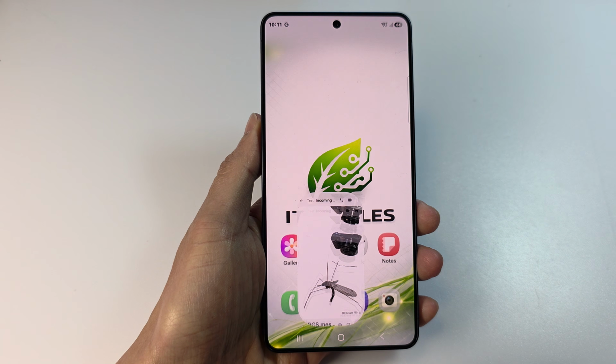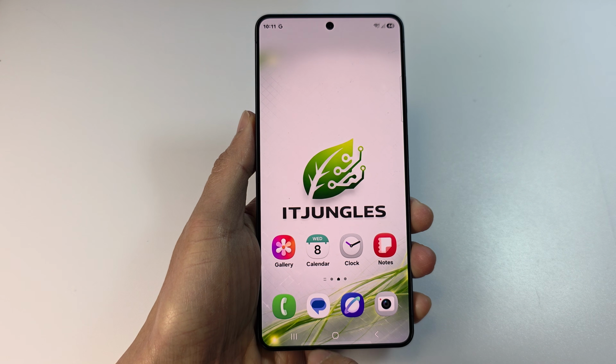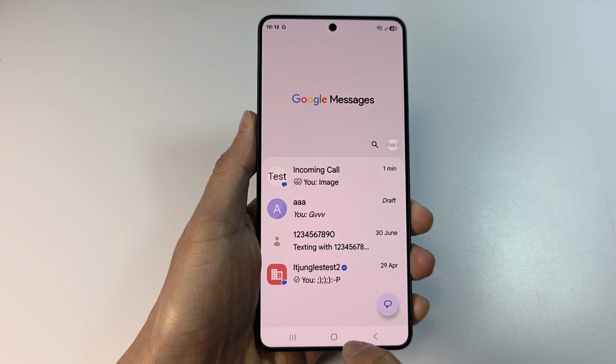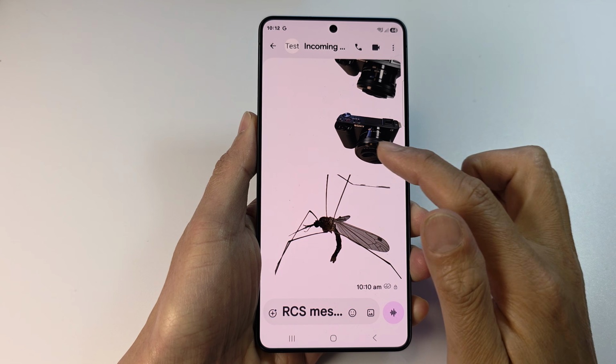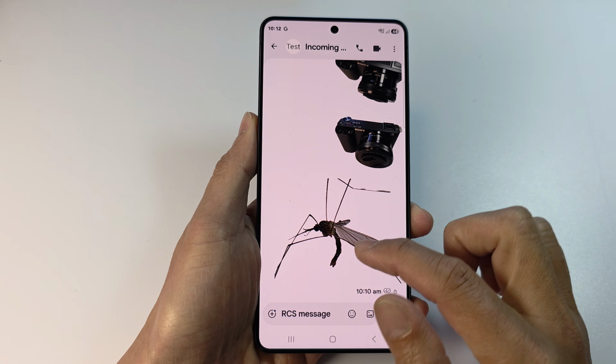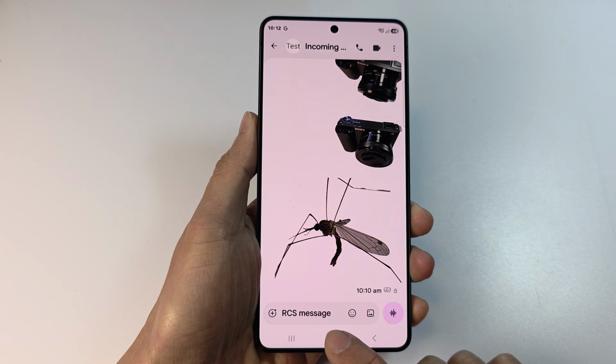First, tap on the home button to return back to the home screen. Now from the home screen, open up the text messages app. Next, in here, you want to open up your text conversation, and during a text conversation, if you want to copy and paste images into your text, what you do is